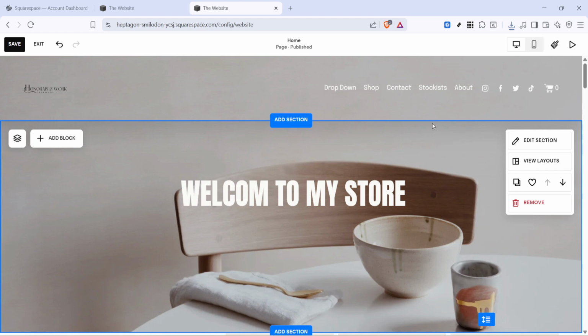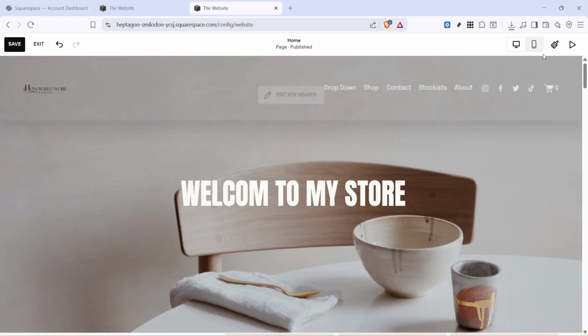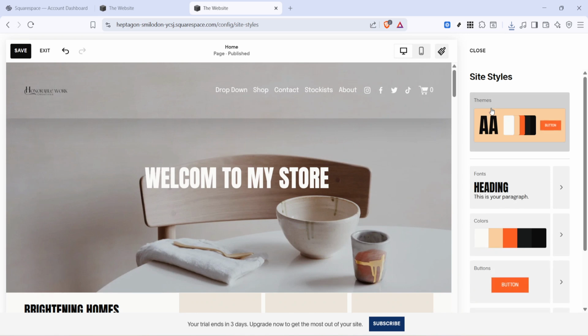To begin, go to the top right corner of your Squarespace editor and click Site Styles. This is where Squarespace keeps many of your design controls, including fonts, spacing, buttons, and of course, colors. Opening Site Styles is the first step because it gives you access to the broader visual settings for your entire